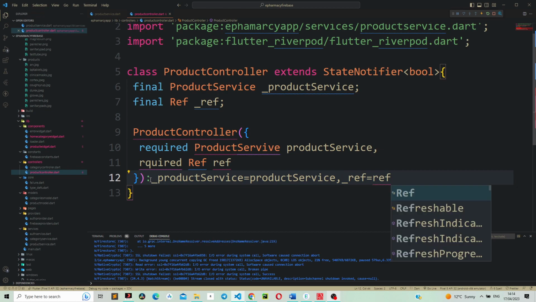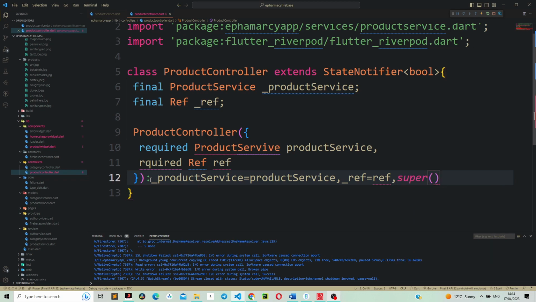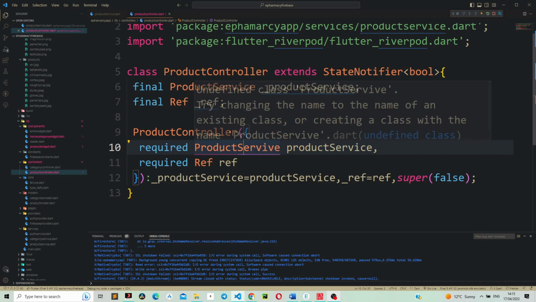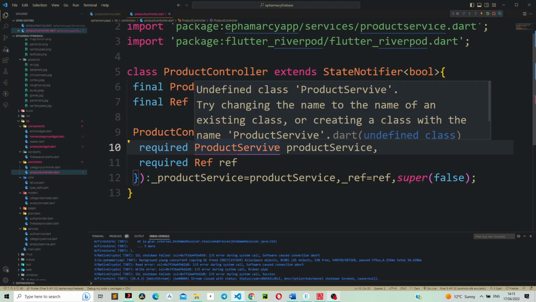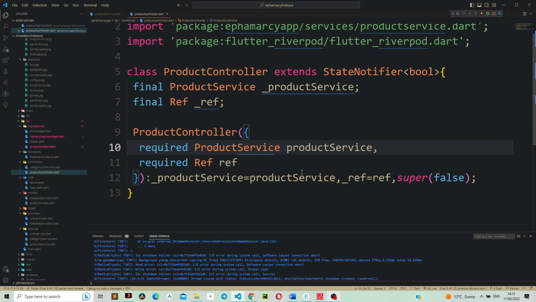Then also need super, which is going to be false. Okay, I made a mistake. It's supposed to be required. So it's supposed to be product service. I made a typo. Okay, so